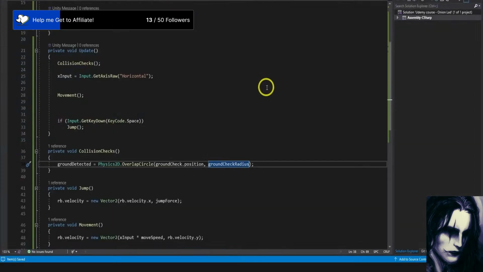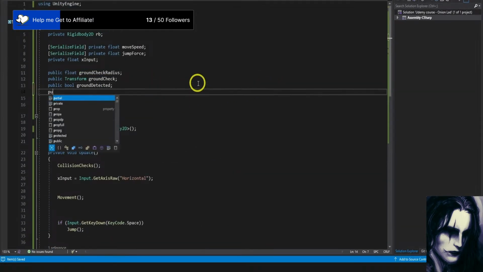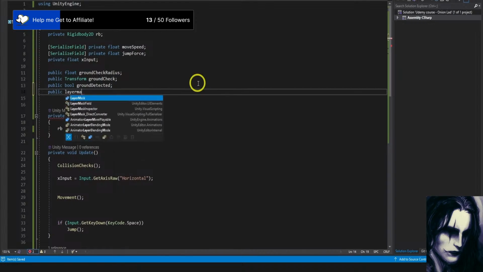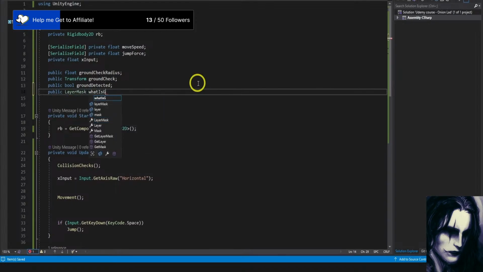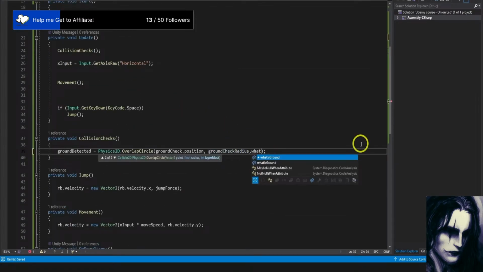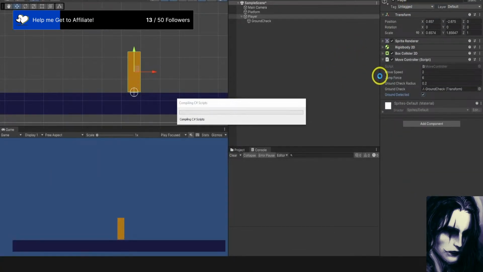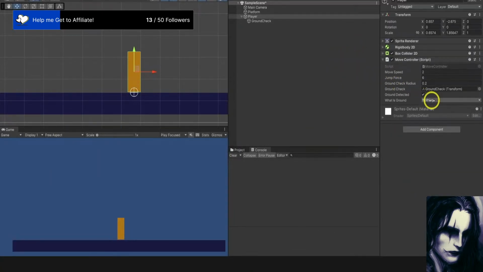And we can do that by creating a variable of a layer. Let's go here and type public LayerMask whatIsGround. Now we're gonna use this variable over here. We're gonna type comma whatIsGround as a layer mask. And let's go and try again. I'm gonna go back to Unity. I'm gonna choose whatIsGround, and just